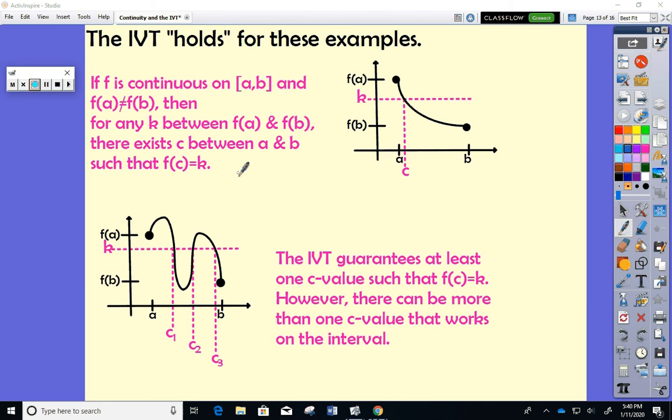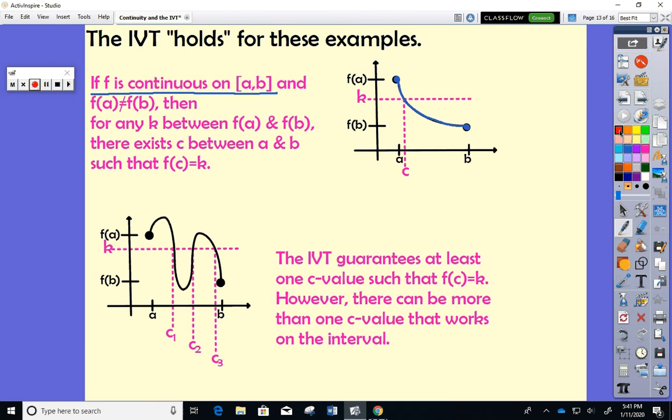If f is continuous on a closed interval, that means you've got a left definite endpoint and a right definite endpoint, and if the graph is continuous between them, meaning without picking up your pencil, you can trace from one end of the graph to the other, going from left to right without encountering holes, poles, or jumps. And